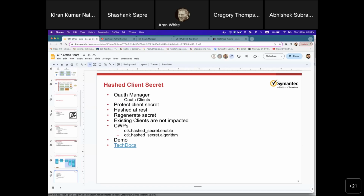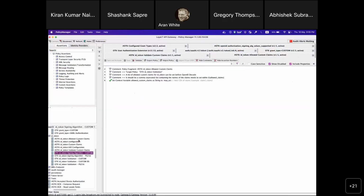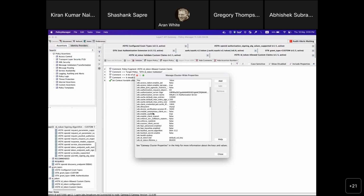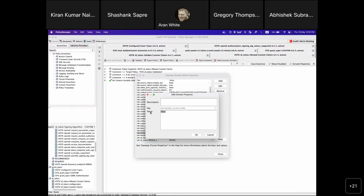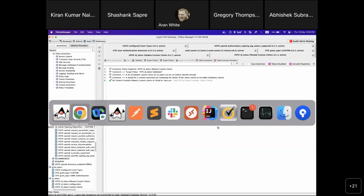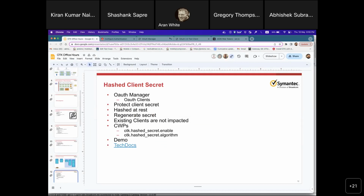Okay, let's try to demo. Let's try to see how it works. So if I go to my cluster-wide properties, right, let me look out for hash secret enable. It is false right now. And let me enable this by setting it to true. Okay. And then the secret algorithm is SHA-512, which I have already updated. Okay. Now let me try to create a client